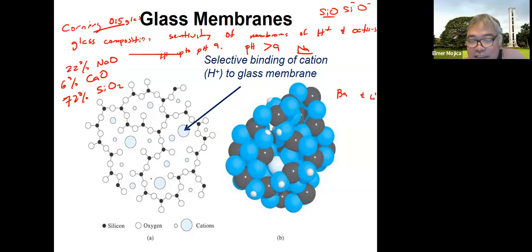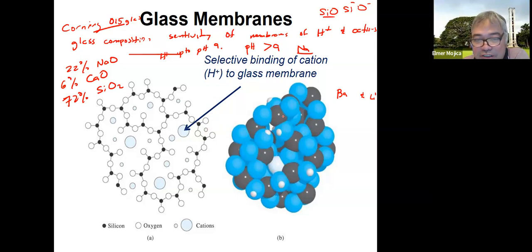How many oxygen? 1, 2, 3. 1, 2, kulang ng isa, and then you have 1, 2, 3. Okay? And in addition to that, each bonded to another oxygen above or below the plane. Okay, so I'm not sure if you can see this thing here